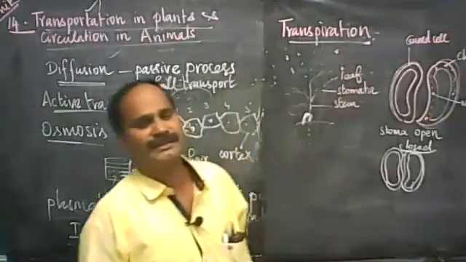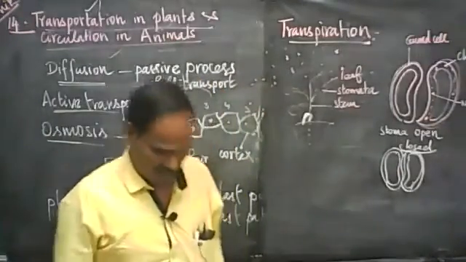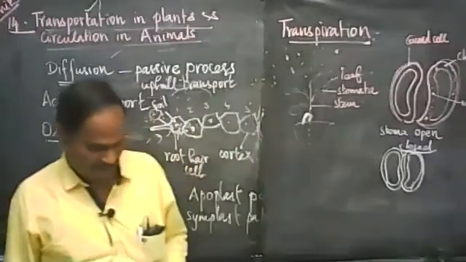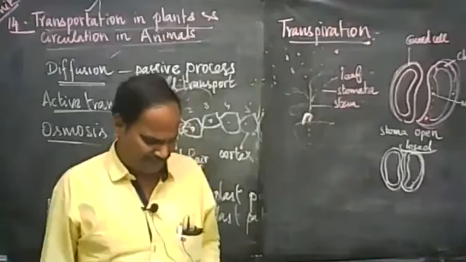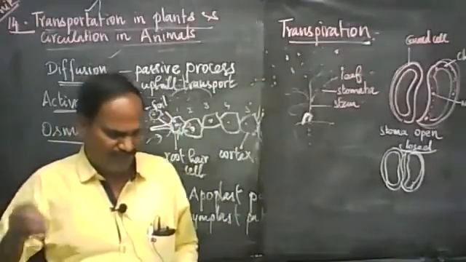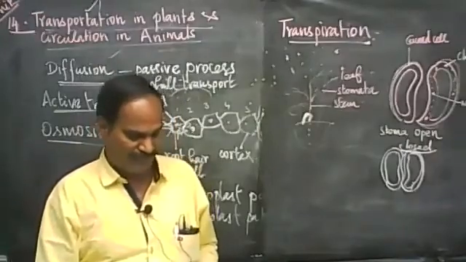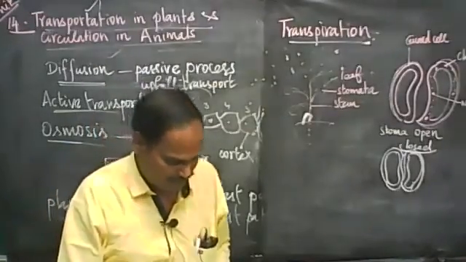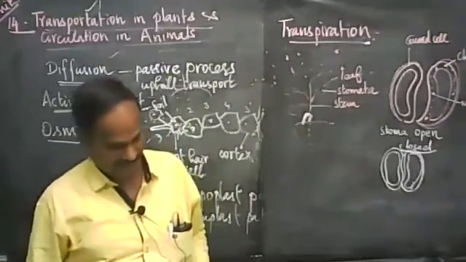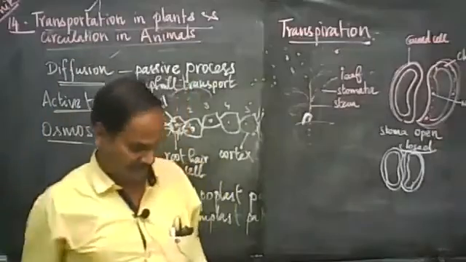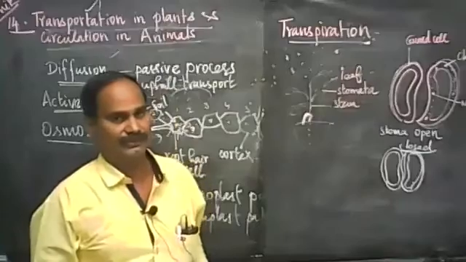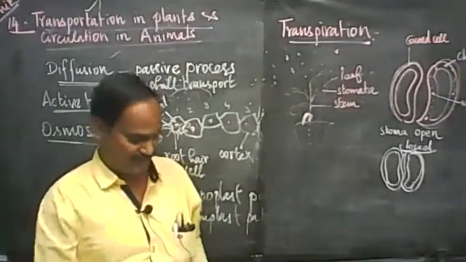Now let's see what is root pressure. This is another 2-mark question. So you know the root pressure: as ions from the soil are actively transported into the vascular tissue of the root, water moves along and increases the pressure inside the xylem. This pressure is called the root pressure. See, on page number 203 in the book, the definition is given. You just write the definition as it is in the book.